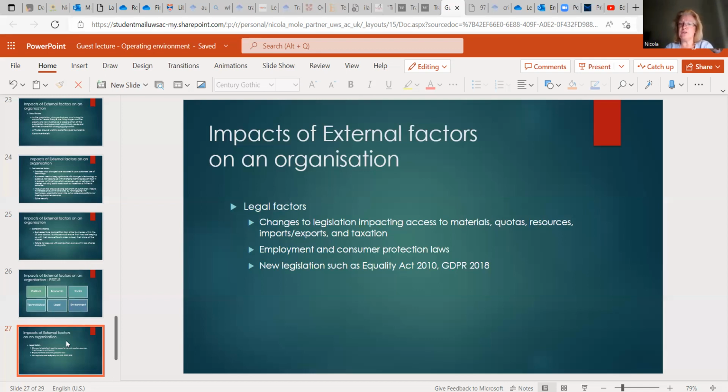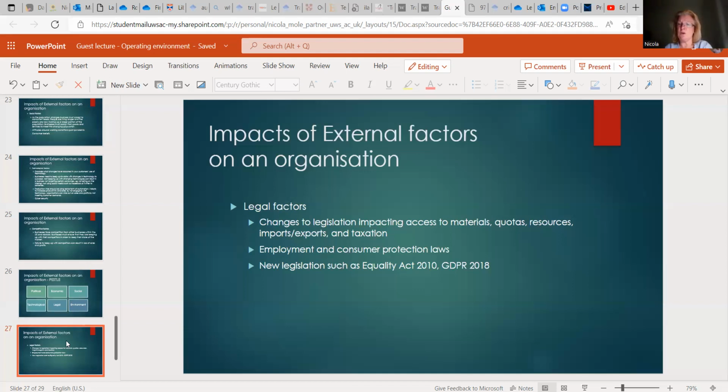There are also consumer protection laws, all right? So consumers are protected from buying faulty goods or services that are not what they say they're going to be. All right, so there will be legislation regarding how long you can have a product for, how long the guarantee is going to be for that product before the guarantee runs out. So we protect our consumers from business owners who are not ethical, or that rare occasion when you buy a product, for example, like a fridge or a TV that just doesn't work, you can get your money back. So it is a great belief that we protect our consumers.